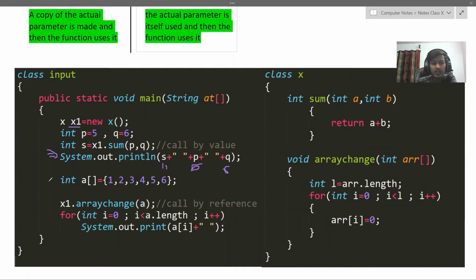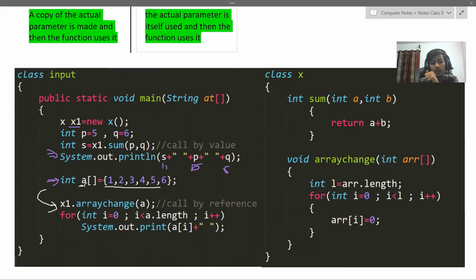Then I initialize an array. The values of the array were 1, 2, 3, 4, 5, 6. I pass this array to the x1.arrayChange function. Now, as I told you, an array is a referential data type. If the array is a referential data type, then a will store the address of this array. This array would actually be stored somewhere in memory, and a would have the location where this array is stored, right?